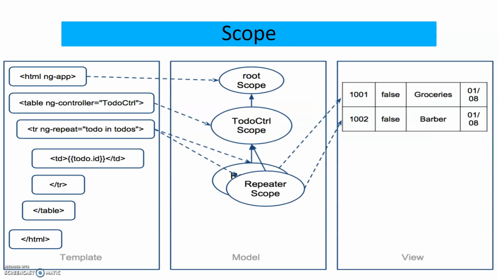What are the different scopes? Suppose this is my HTML template, where at the HTML tag I am using the ng-app directive. Then inside that I have created one table. Obviously there will be head and body tags; just for understanding, I have skipped those contents. Inside the table tag there is an ng-controller whose name is todoController. Then inside the table there is a row and column. For the row I have used the ng-repeat directive, todo in todos. Then inside the column I am using the expression and the id, and similarly I can go for more rows to print the name, some other values or date, like this.